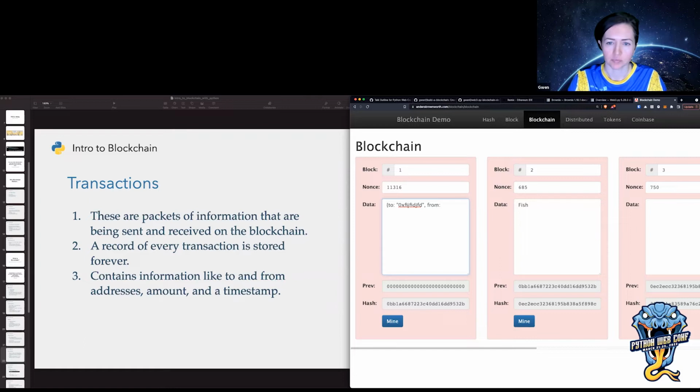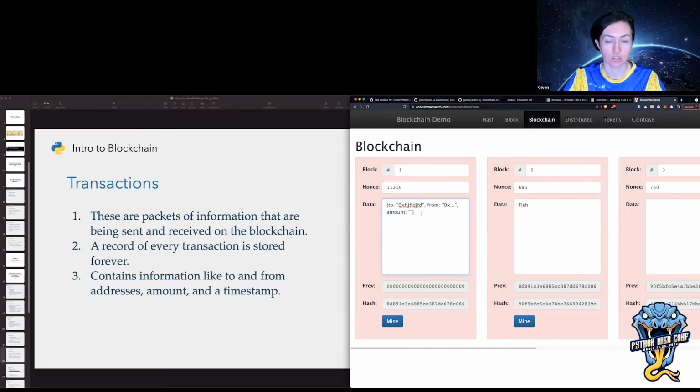And then you'll have the from address, which is another address. And then you'll have some kind of an amount or value that's being transferred. That is going to make up a transaction along with whatever metadata is associated with that transaction, like a timestamp. In Ethereum, there's also a nonce for the number of the transaction that you've sent from that account, and a few other pieces of information. But that's basically what a transaction looks like.